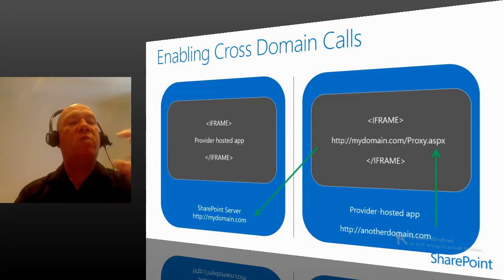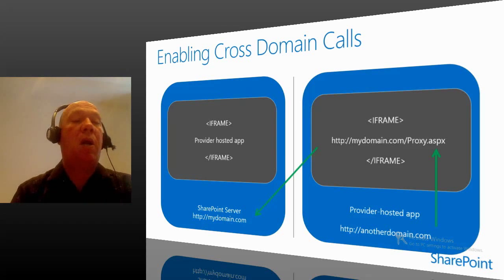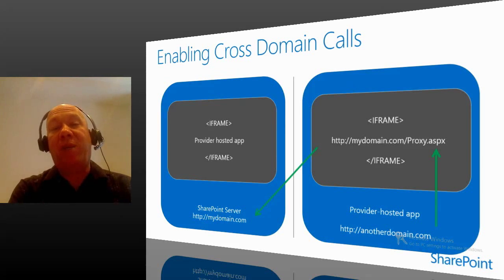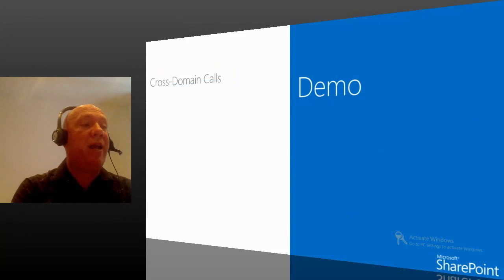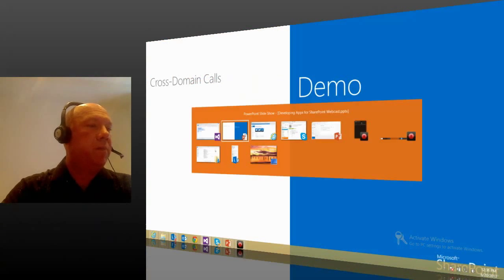So by going through this proxy page, you have the ability to avoid the cross-domain problems. A nice, simple mechanism for accomplishing this. As I said, elegant. Your first instinct might very well be, this isn't nice, but it works, and it's nicely automatic. So just so you can see what it looks like,